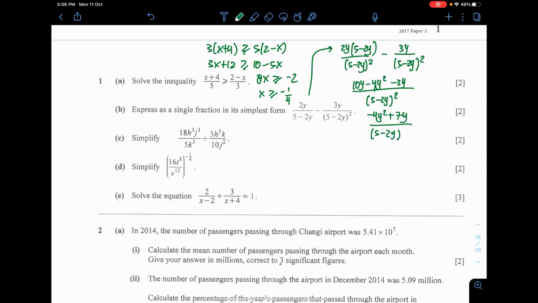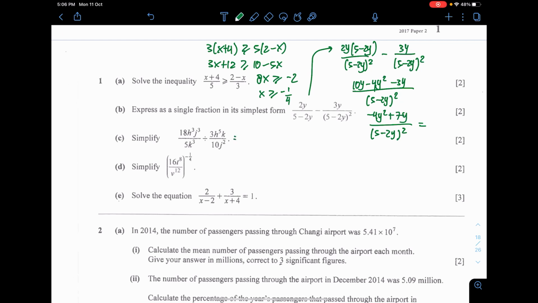Now, make it a habit that once you solve this question, try to factorize this, whether you can factorize it immediately or just do it mentally. Because sometimes you might be able to factorize and cancel some more on your denominator. Of course, that's not the case here. I don't think you can cancel the 5 minus 2y on the denominator by any means. Even if you factorize the numerator, it won't happen.